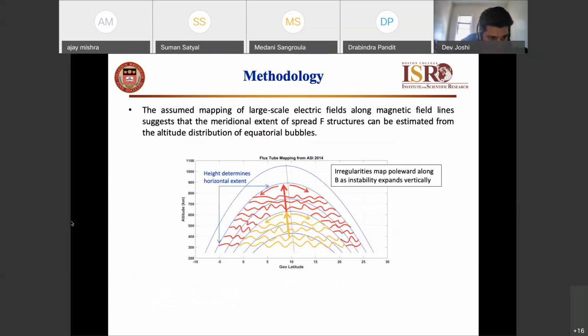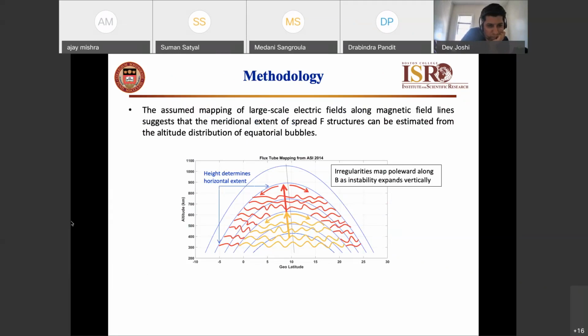But we are interested in the peak heights of these irregularities. They attain these at the magnetic equator. That is important because the height at the magnetic equator determines the vertical extent of these irregularities. We develop a scheme to decipher peak heights from the observed heights of these irregularities. After carefully analyzing the scheme, we process the data to understand the variation of the peak height distribution of these